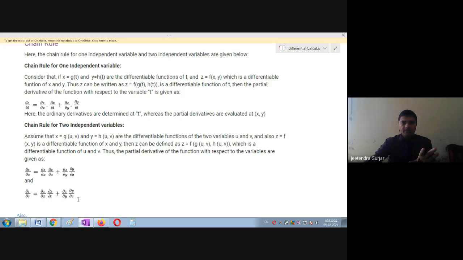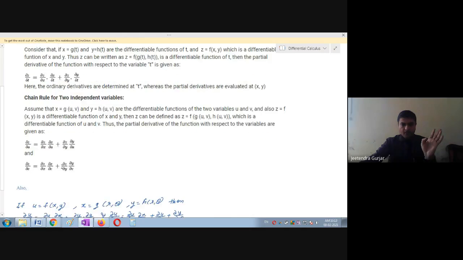Whenever they ask, x is equal to some g of t function, it may be sine, cos, tan, it may be anything, that is x. y may be cos theta, sine theta, tan theta, or something like 1 plus cos theta, right? Let them give anything. Keep this in your mind. z is equal to a function of x and y, and these are the formulas.